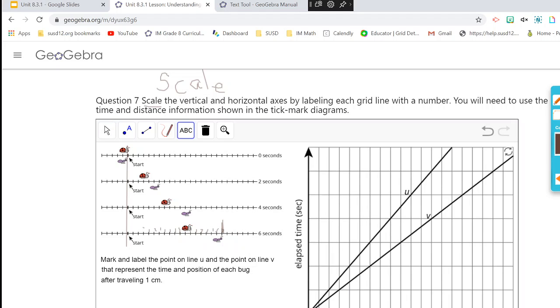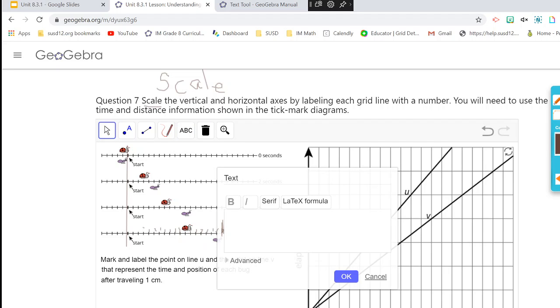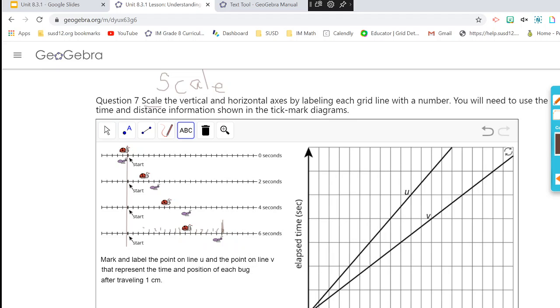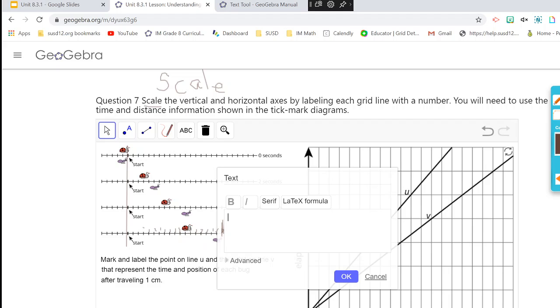3 centimeters, 4 centimeters, 5 centimeters? My 4 centimeter disappeared. Let me fix this. 5 goes here. To move something, click on the arrow. And then you can click it and drag it over. It's not moving for me. Okay, I'll just undo. Go back to the text tool. And I need this here to disappear. There we go. Okay. 4, 5,